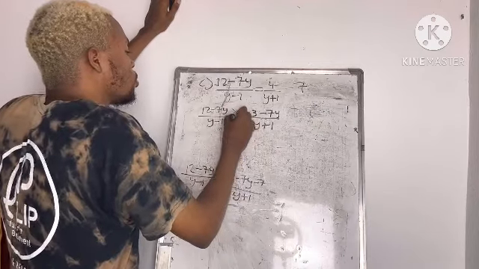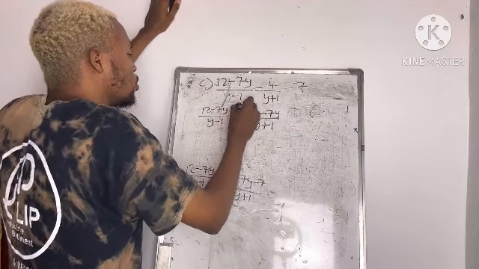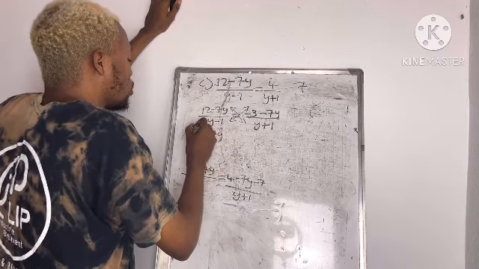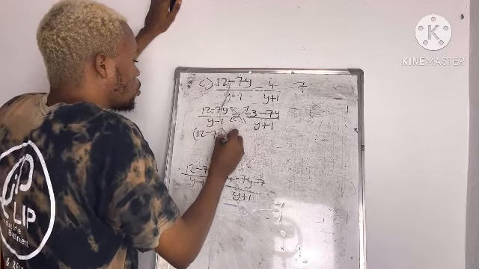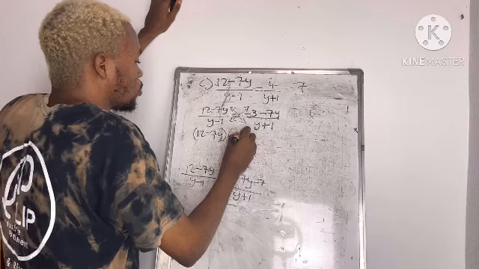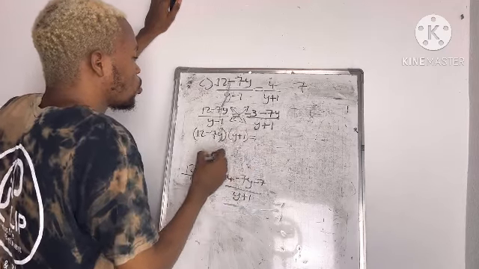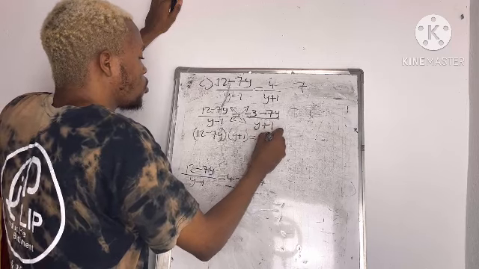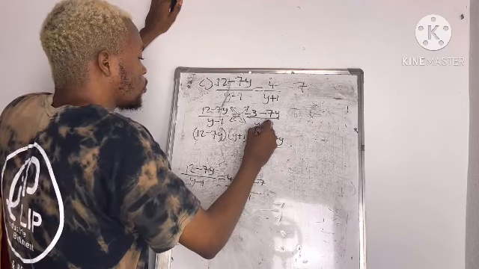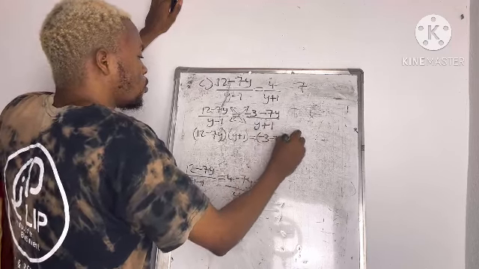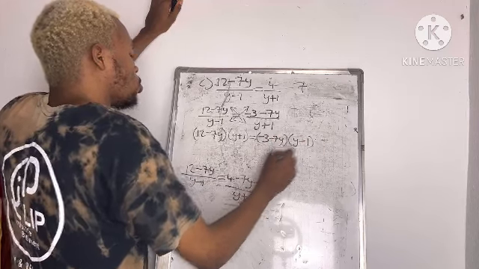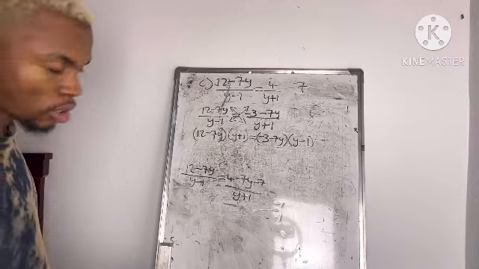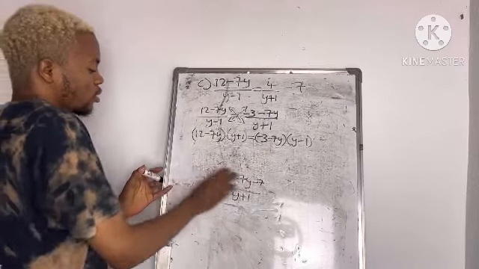So we cross multiply 12 minus 7y times y plus 1 equal to minus 3 minus 7y into y minus 1. Okay, so from there